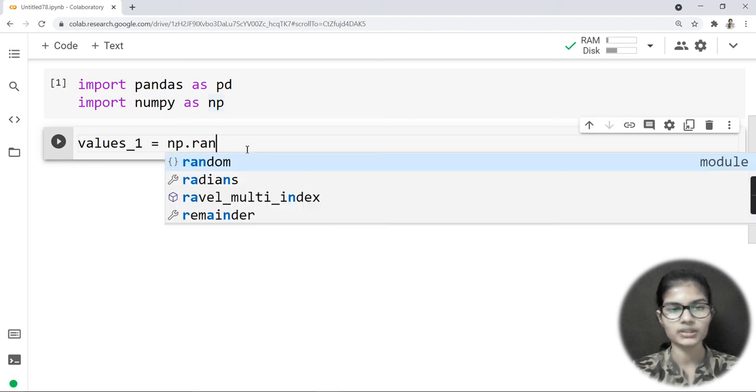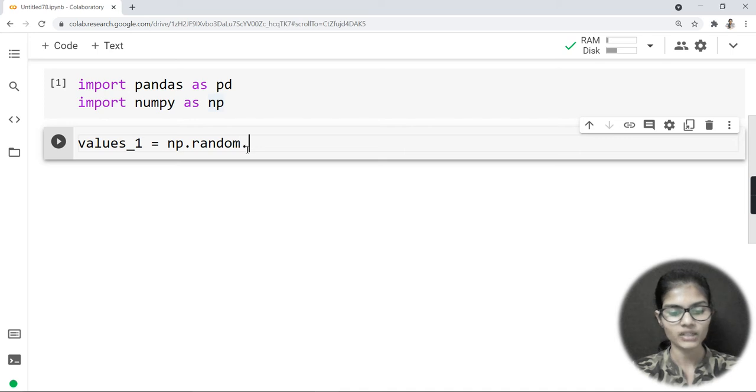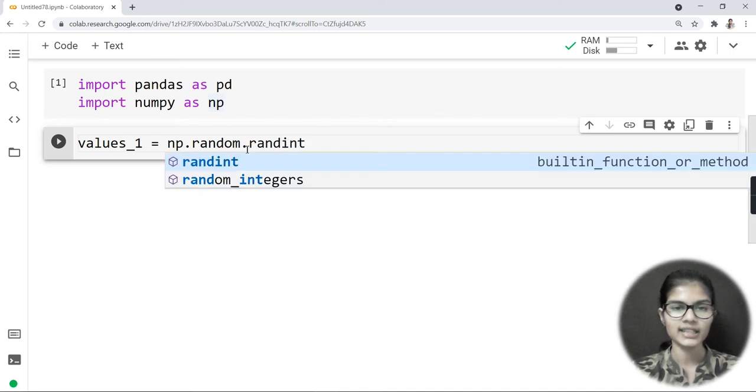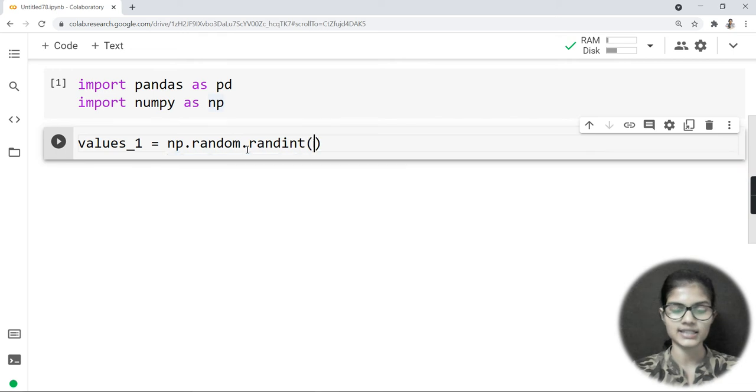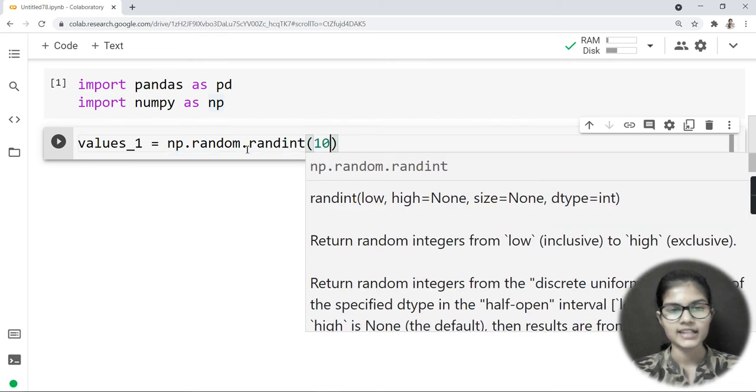For that I'm using np, which stands for the numpy library. So values_1 is equal to np.random.randint. I want some random integers, so I am taking randint, and in the brackets, let's say I wrote 10.